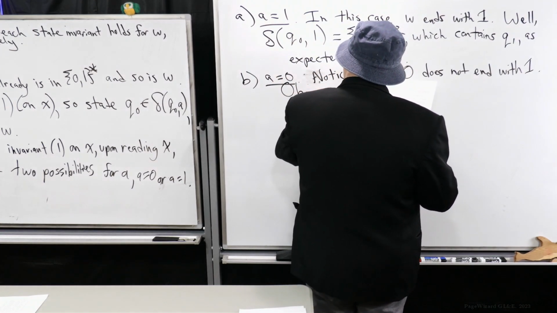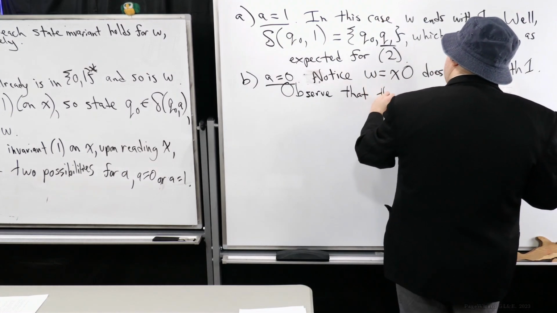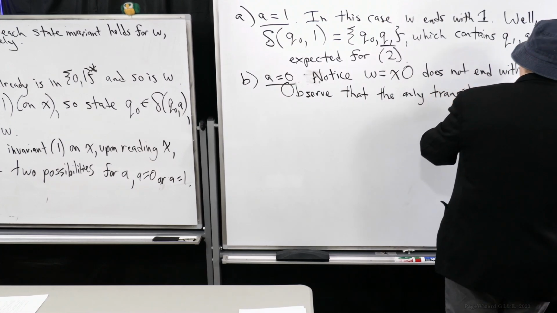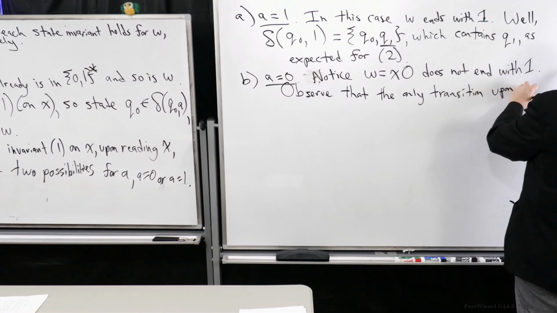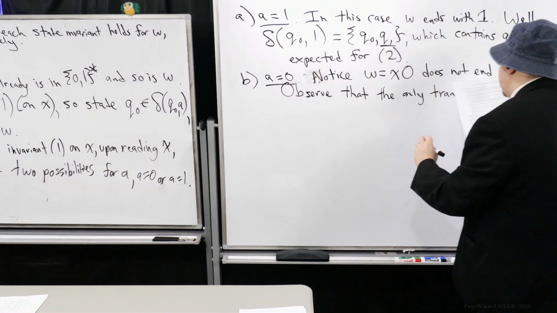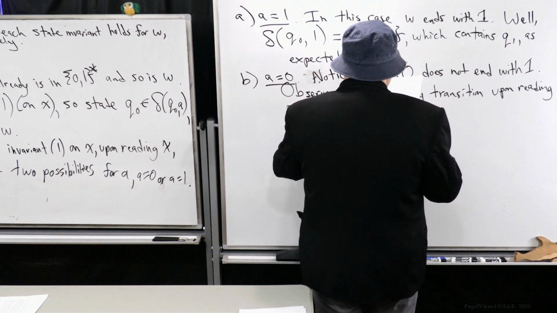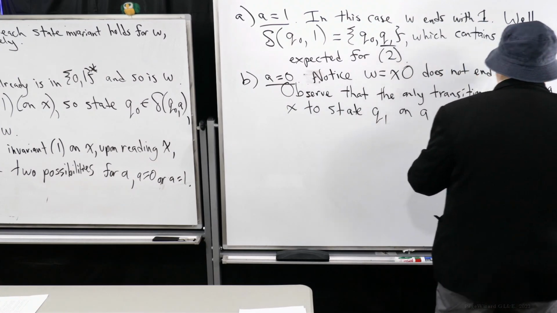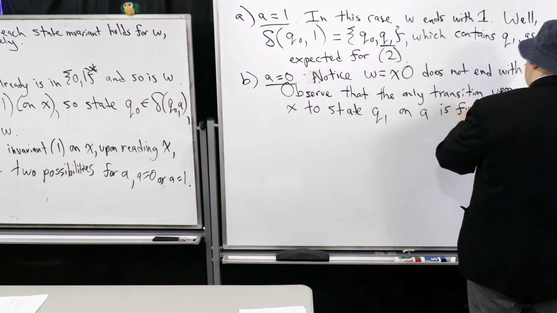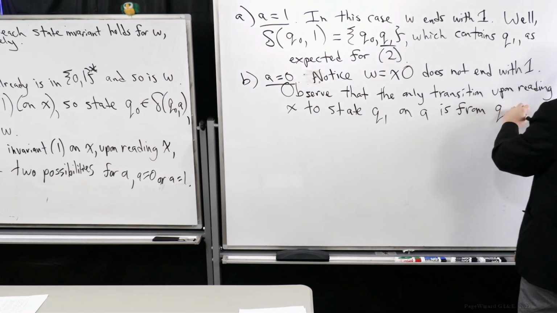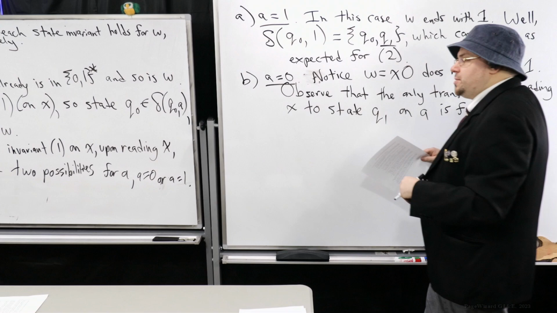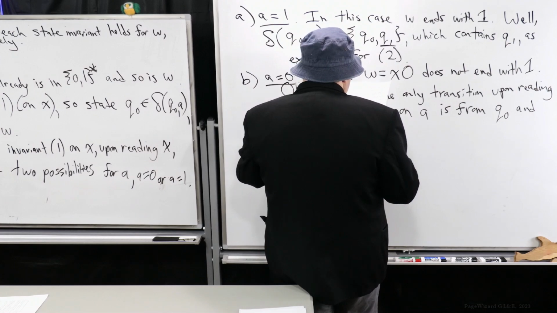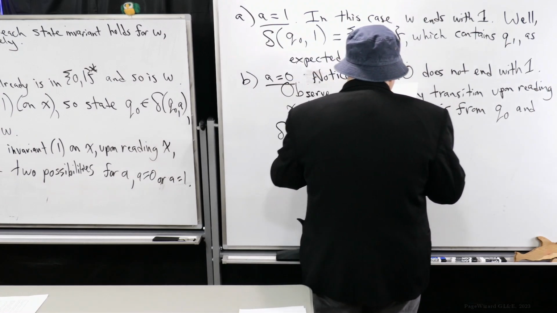Observe that the only transition upon reading X to state Q1 on A is from Q0. And what can we say about the transition on 0? Well, it stays in Q0. And delta of Q0